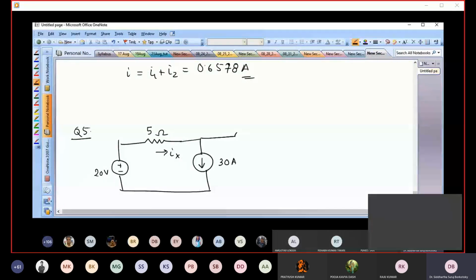Then you have a 1 ohm resistor. Then you have a voltage source, a dependent voltage source. I just call it IX, capital IX. Okay, so this is your circuit, and what we were asked to do was to find